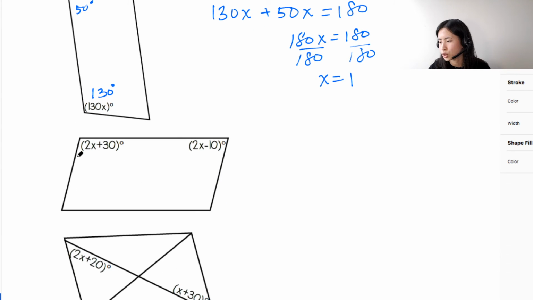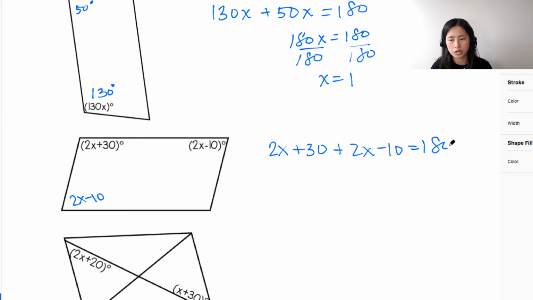Okay, so you have 2x plus 30 degrees, and you have 2x minus 10, right? So okay, think about this. If you have 2x minus 10 over here, that means this has to be 2x minus 10, right? So that means this and this must be supplementary, right? So if you have 2x plus 30 plus 2x minus 10, this needs to add up to 180 degrees,